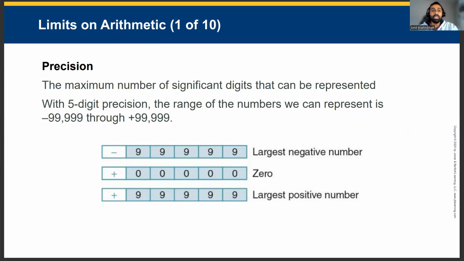In this slide, we begin our discussion on the limits of arithmetic by examining numeric precision. Precision refers to the maximum number of significant digits a computer can represent. For example, if a computer system supports only 5-digit precision, it can represent numbers within a range such as -99,999 to positive